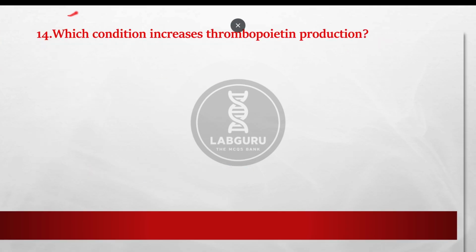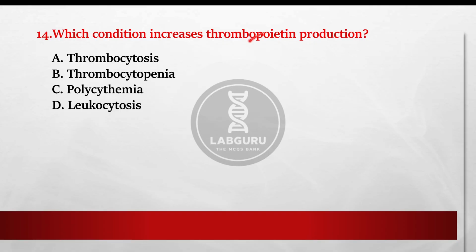Question number 14. Which condition increases thrombopoietin production? What is thrombopoietin? Thrombopoietin is a hormone produced mainly by the liver and kidney that regulates platelet production. Okay? It stimulates the production and differentiation of megakaryocytes in the bone marrow, which are cells that release platelets into the bloodstream. So, we have the options: option A thrombocytosis, option B thrombocytopenia, option C polycythemia, and option D is